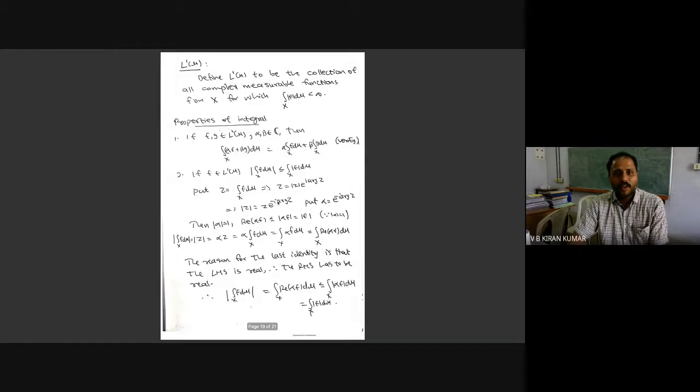Now we are going to see another very important convergence theorem known as the Lebesgue dominated convergence theorem. Before going to that, let me introduce the space. We'll come to this. When you start from a complex measurable function and this condition is satisfied, that means the integral of the absolute value of f is finite, then we say that f is in L1(mu). In fact, we will modify this definition a little bit later.